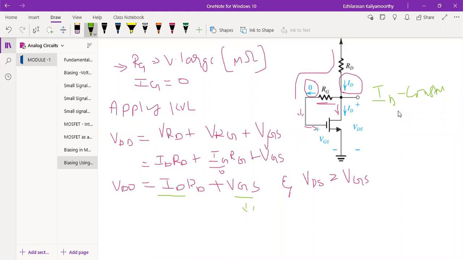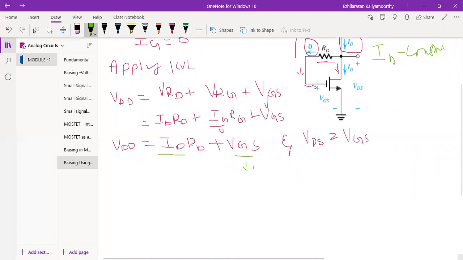Now in this figure, we can use it as an amplifier by applying a proper input voltage signal to the gate via a coupling capacitor, so that it won't disturb the DC bias condition, which is already established. So what do you need to do now? Very simple, just consider the same circuit only.